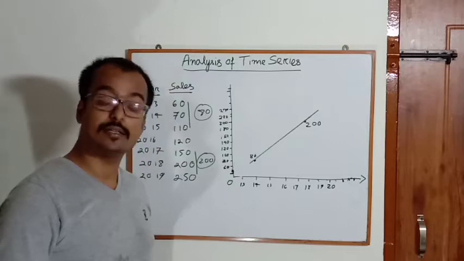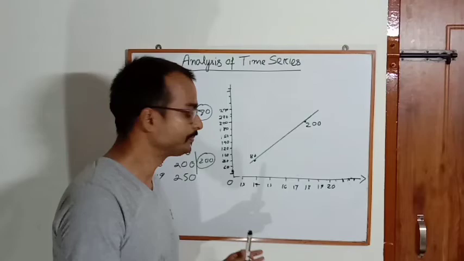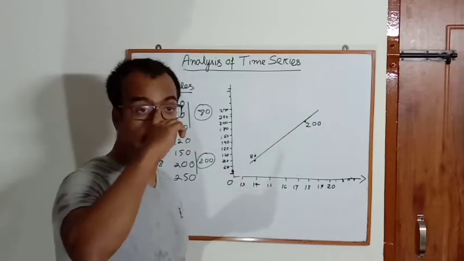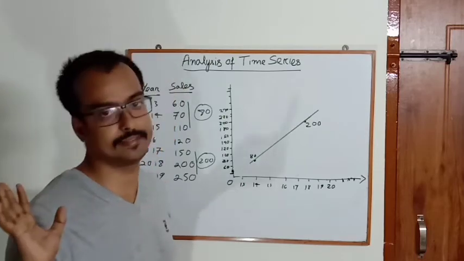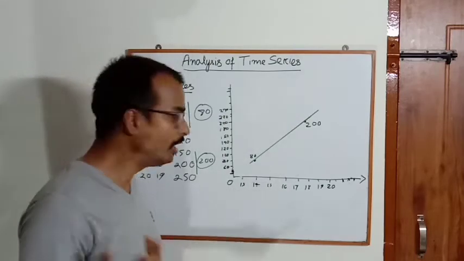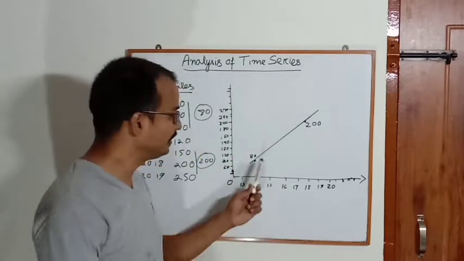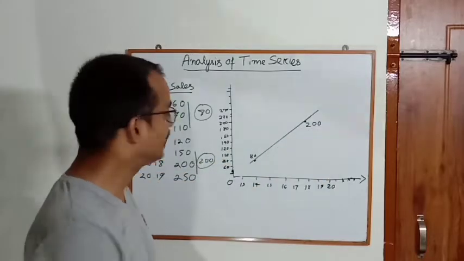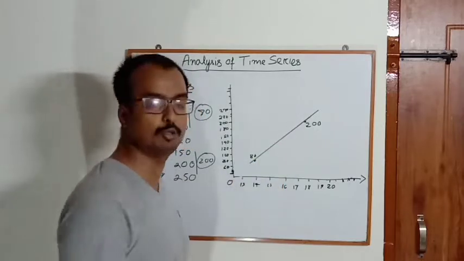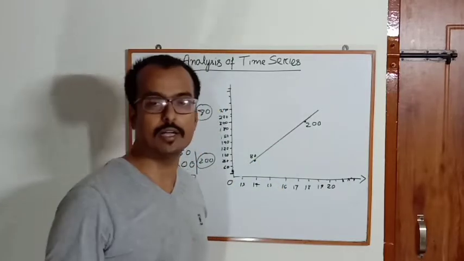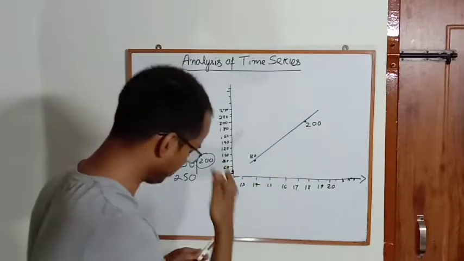Okay, and the method is simple. And we actually drop bias by doing this. How? Because if I do this thing, this will be the line. If you do this thing, this will be the line. If Mr. X or Y will do this, this will be the line. There will be no change because mathematically we have derived these 2 points. We don't go for subjective plotting of the line. So this is the thing.